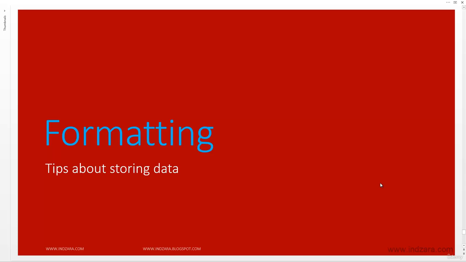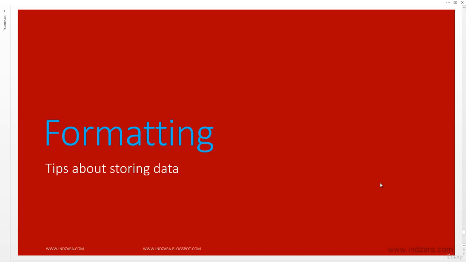We're not going to be talking about the type of data. We're going to be talking about how it looks. For example, the font color, the type of font that we use, should we have a border or not? Those kinds of things change just cosmetically how the data looks, and that's what we will be covering in the upcoming videos. Before we start talking about that, in this video we will go over a few tips